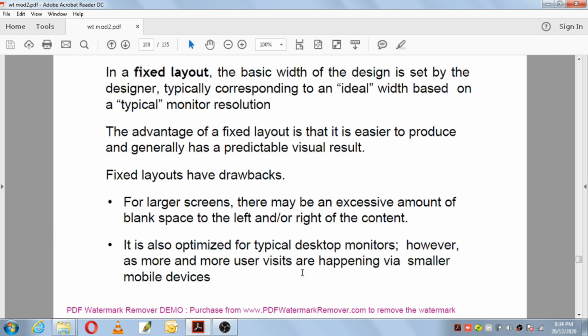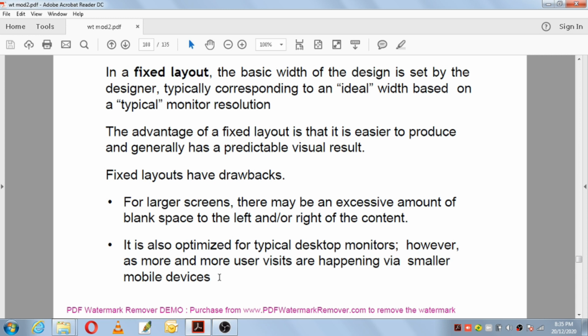However, as more and more users visit via smaller mobile devices, that might also be a disadvantage. If you are using a typical desktop monitor with the ideal fixed width, then the content will be seen properly. But if users visit that site using smaller mobile devices, then the content will go on shrinking.